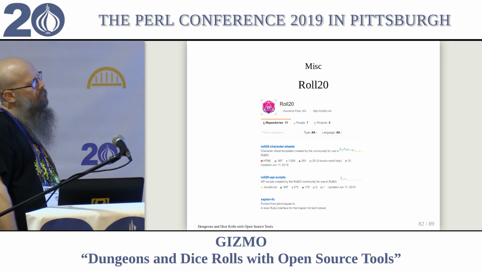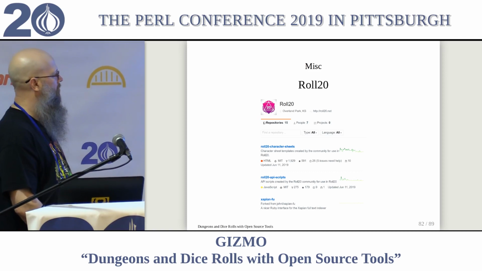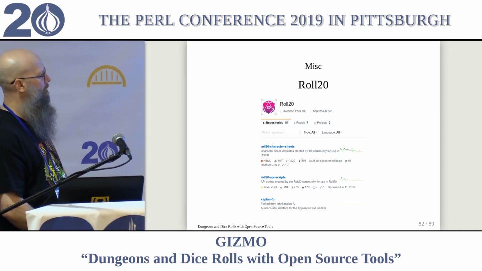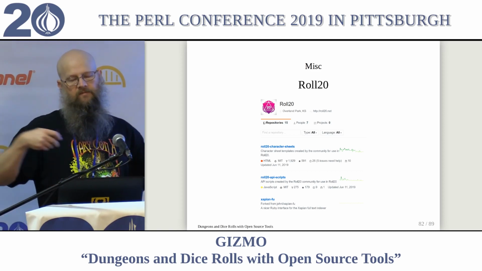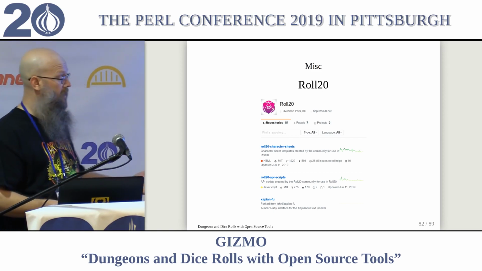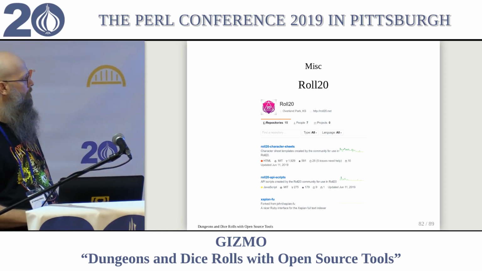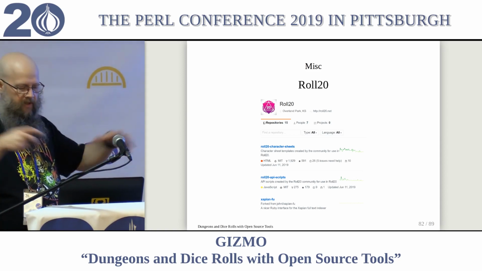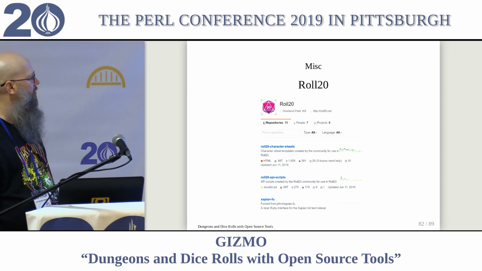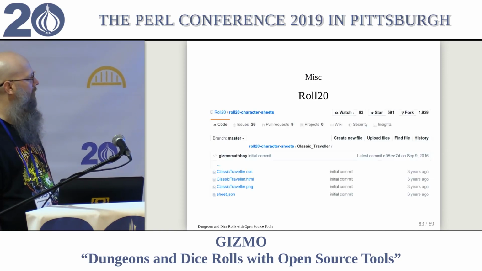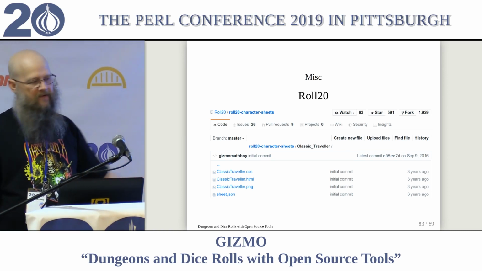Roll20, I wouldn't call it open source, but they definitely have shared resources made available. The big one is character sheets. People create character sheets to use in the various games people play on Roll20. 5e, 5th edition Dungeons & Dragons, gets lots of support. People write API scripts to do cool things within Roll20 in terms of the map area and actions. I've contributed a little bit. Like I say, I ran a classic Traveller game, and I wanted to try my hand at creating a character sheet and using it in Roll20. So that was fun.